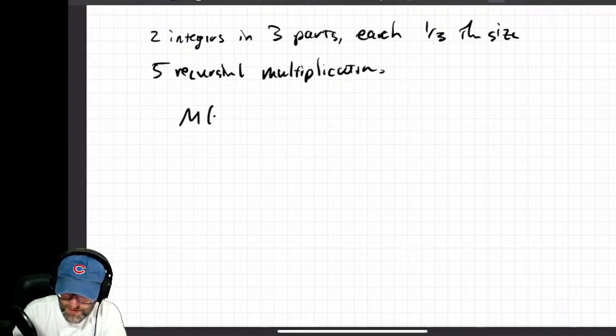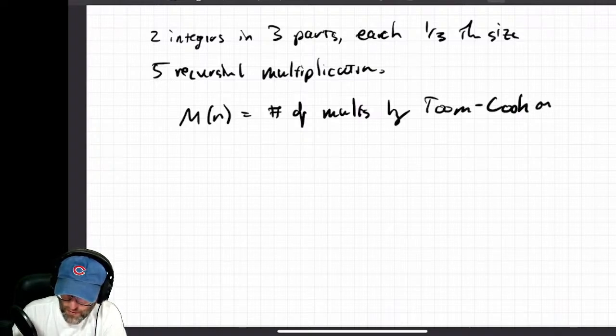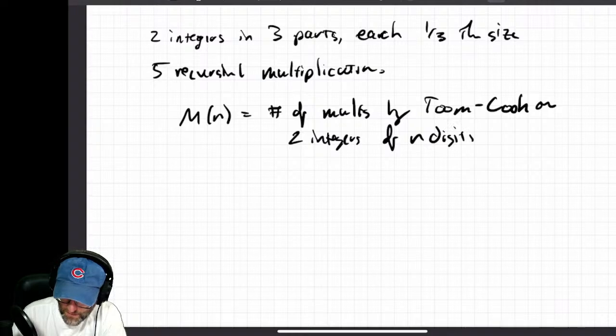So if I let m sub n be the number of multiplications by Toom-Cook on two integers of n digits, then the recurrence would end up being I have 5 recursive calls on an input that is 1/3 the original